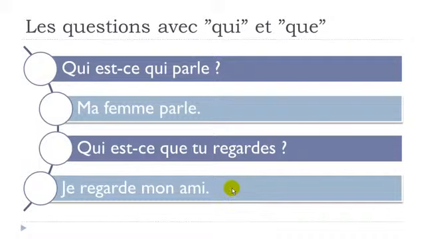And you can see here that it's, well, basically it's quite clear. So, qui, just because you want the information for a person. And then the second qui, just because it will be the subject. Ma femme parle. Okay? Here, qui, because it's the person. Mon ami, my friend, it's a person. And then que, just because if you look carefully, it comes after your verb, because it's not the subject, it's the object. Okay? Grammatical object. We're not talking about an object, but a grammatical object. So it can be a person, it could be a dog, animal, or an object if you want. Okay? So, je regarde mon ami. All right?